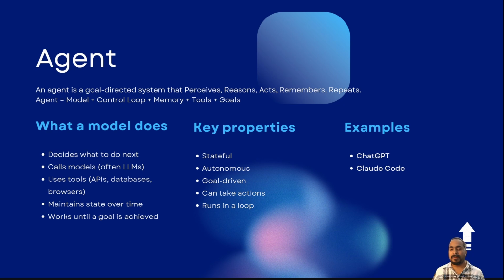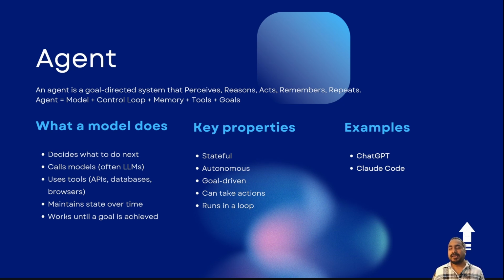With an agent, it perceives the request, reasons, I need current info, I should search the web, acts, and calls the web search tool for best sushi restaurants Tokyo in 2026. Remembers, stores search results, and then reasons about it. I need more details on top results. So it acts again and browses several review sites. Remembers, collects the ratings, prices, specialties, and then reasons again, I have enough information to create a comparison, and acts and creates a structured document. And then it finally returns the completed comparison document. Multi steps, multiple tools, actual output created.